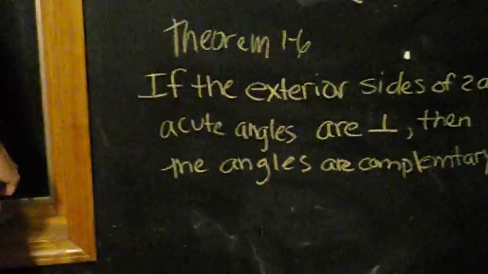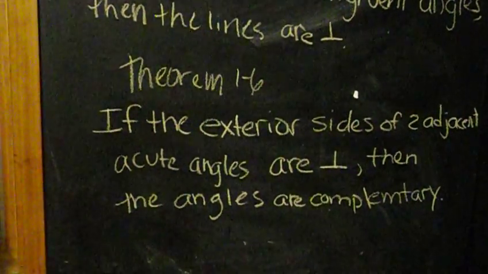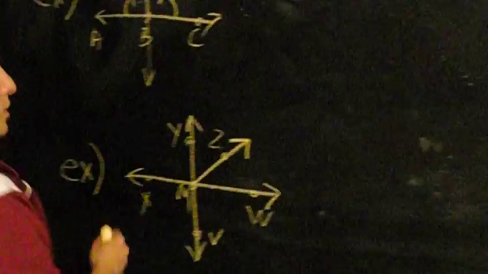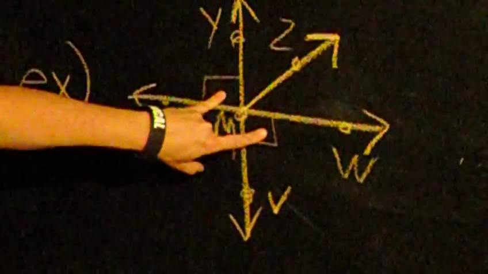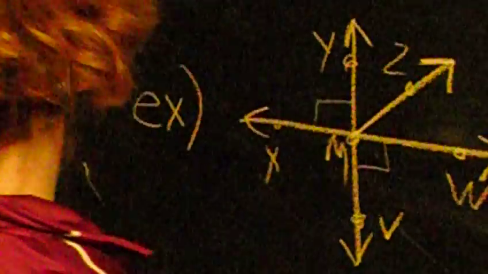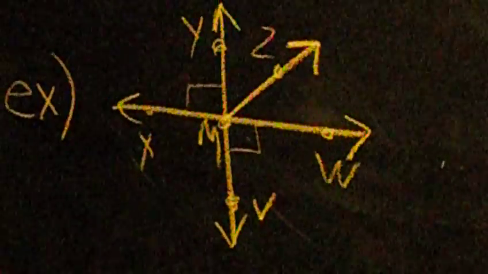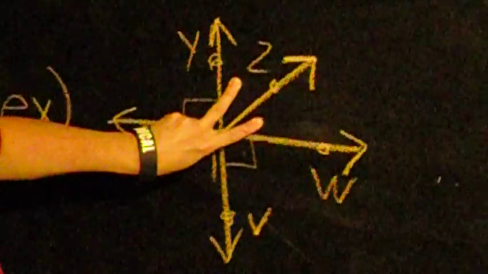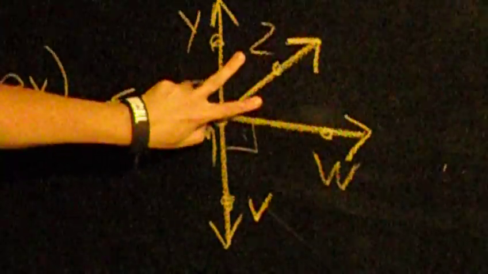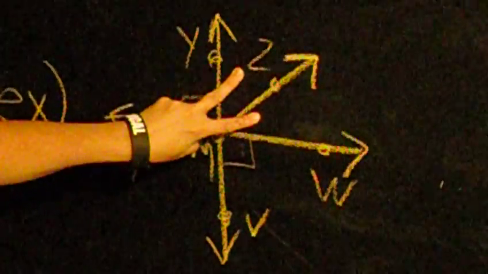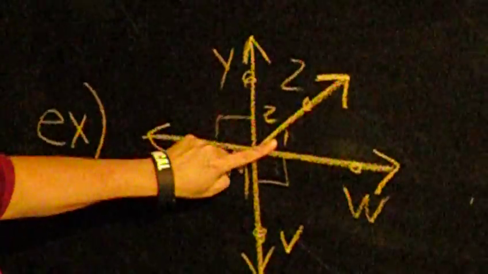Over here, theorem 1-6: if the exterior sides of two adjacent acute angles are perpendicular, then the angles are complementary. So I gave you an example here. Here's two lines, and these are the exterior sides. These are two acute angles, and the exterior sides are perpendicular, and therefore these would be complementary. And we know that complementary angles add up to 90 degrees. So if we call this angle 1 and that's angle 2, then angle 1 plus angle 2